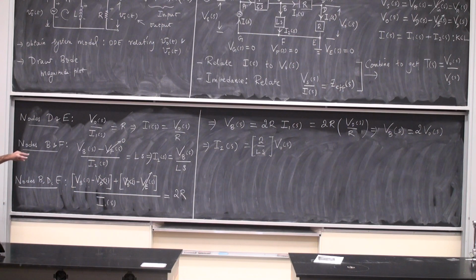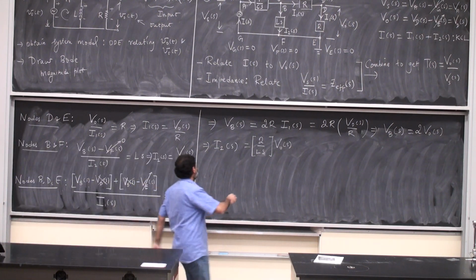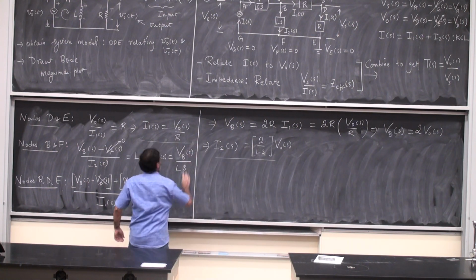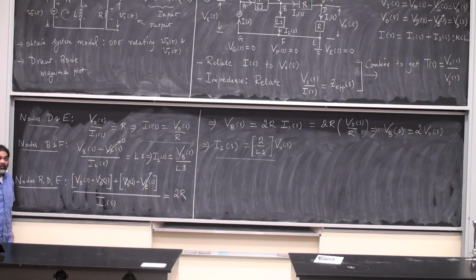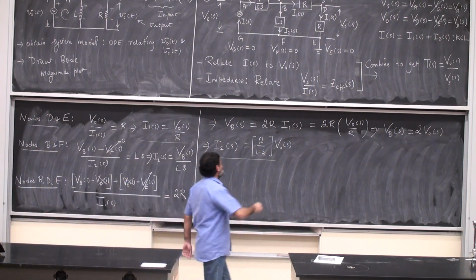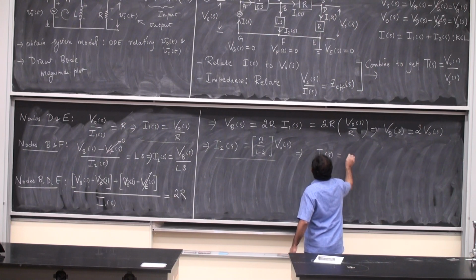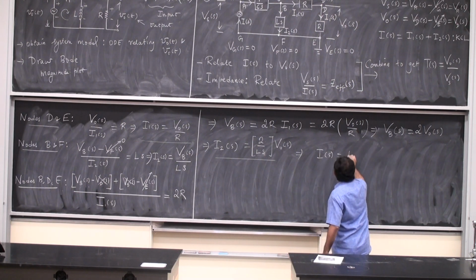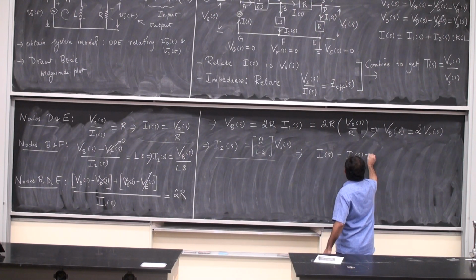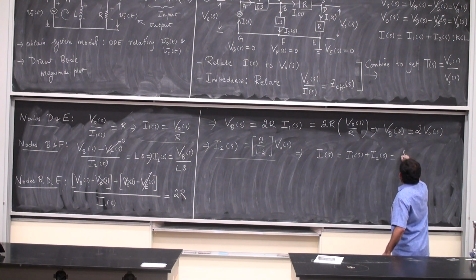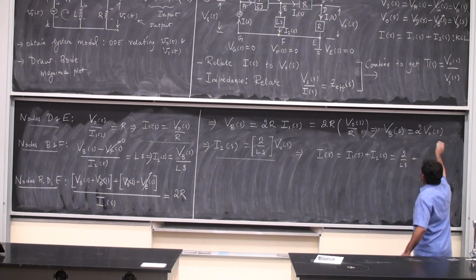So if I now take I2 and I1 and combine them, I have I of S, which is a sum of these two. Right? So I have this creature here, that creature there, sum them up, and so I have the first thing, and that's knocked out of the game. So I of S is I1 plus I2, so this is just 2 by LS, and then I'm going to have 1 by R,